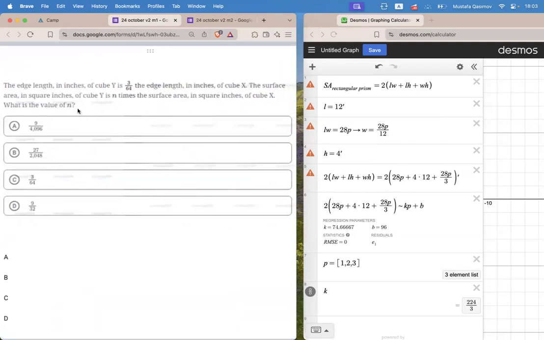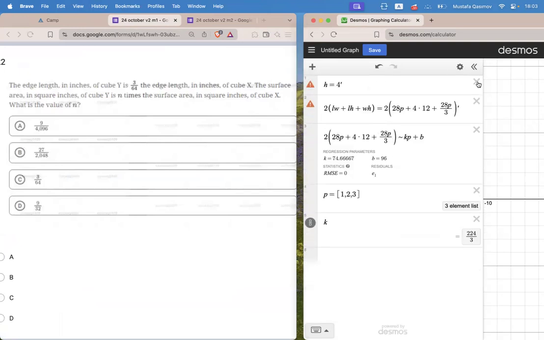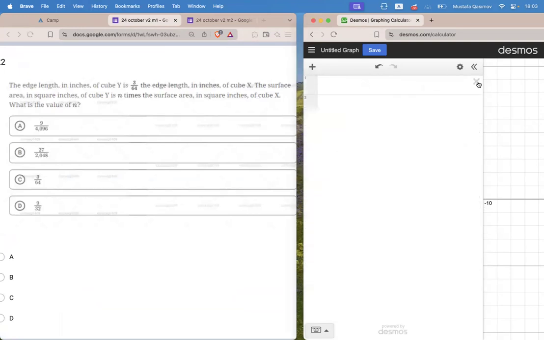Probably one of the hardest questions, that one, 22. For 22, you must use this one. We know that for